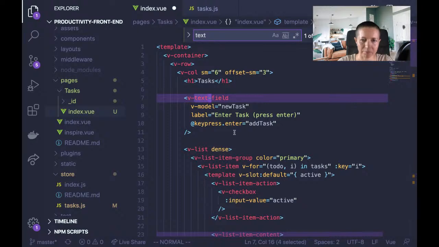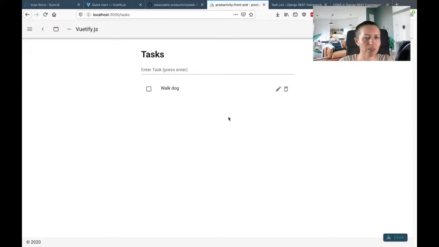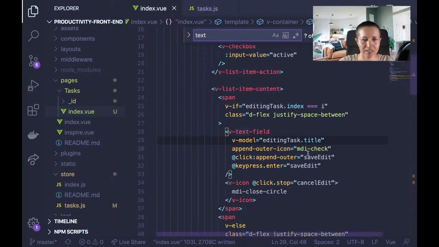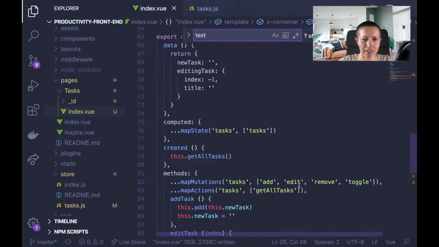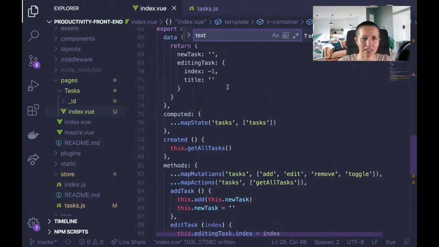Not the text fields. This one, okay. So I'm going to have to do title. So eventually they'll be able to add a description, but for right now they can just add the title of the task. So I'm going to call it title, and then in the add task method, I'm going to say this.add and pass in that whole